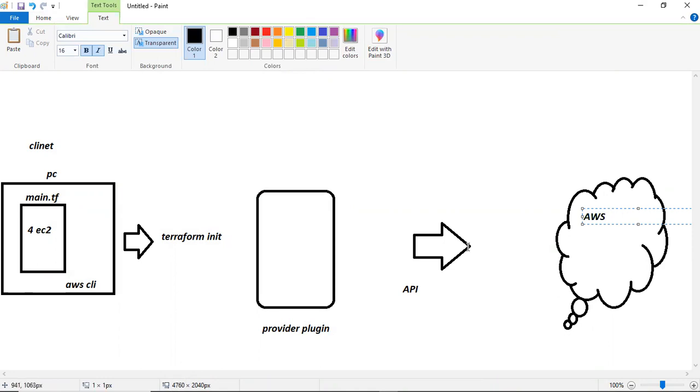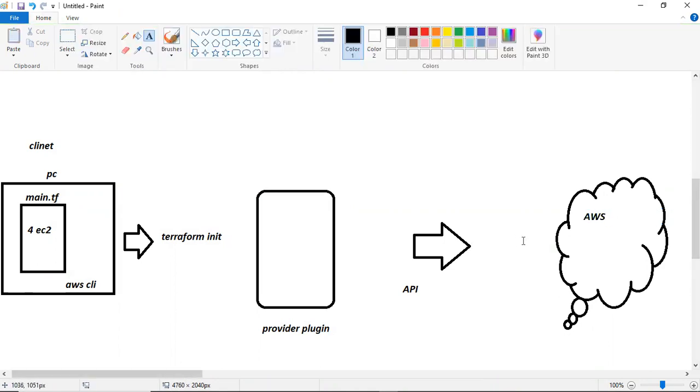Now, what will the AWS cloud say? Do you have any authority for creating a resource? It will ask, right? So the API is asking the AWS cloud to create EC2. Now AWS will ask for authority. How do we provide the authority? By providing roles.